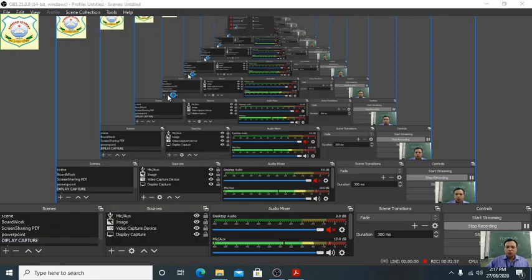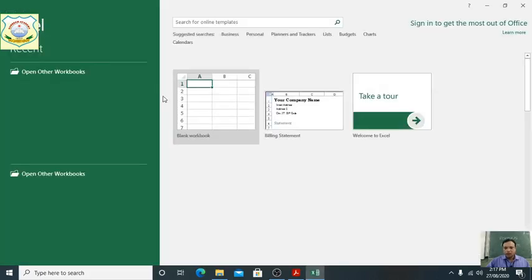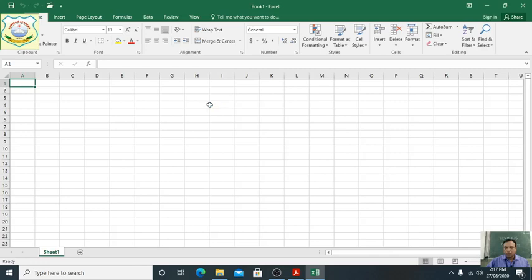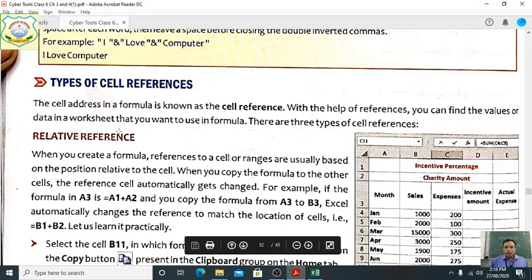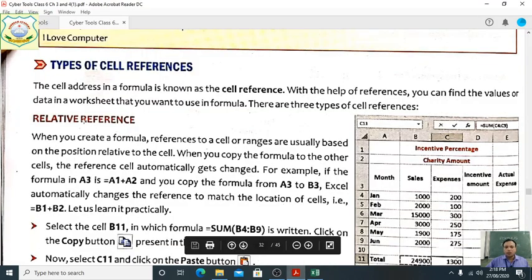With the help of a practical, we want to show you. This is the blank workbook. Suppose this is the active cell, this is cell address B3. Suppose this one is here, they are showing G8, this is the name box, this is the cell address. Clear? So here we are saying relative reference. First of all, we talk about relative reference.